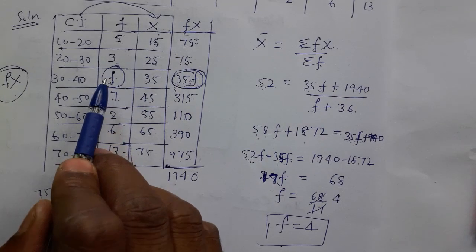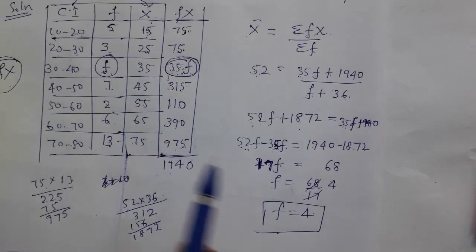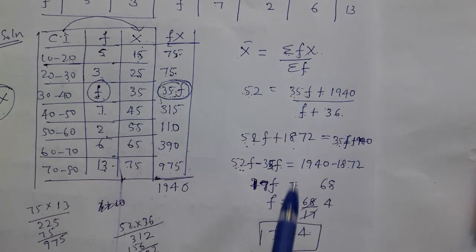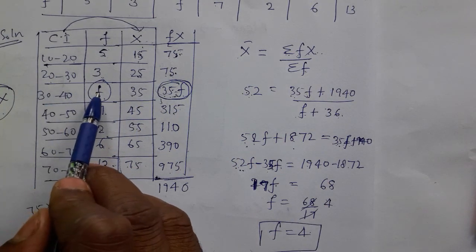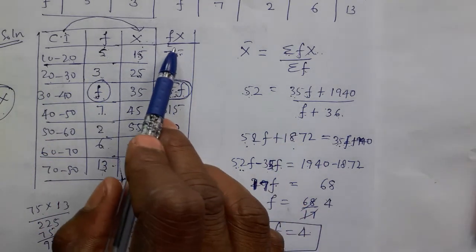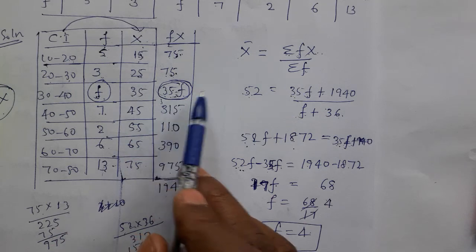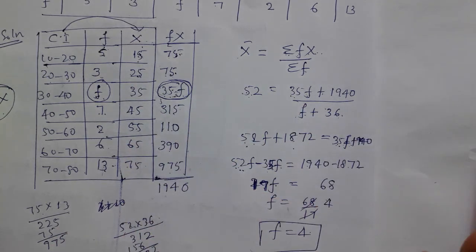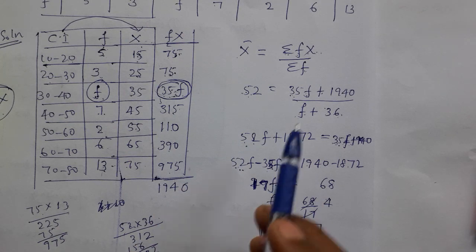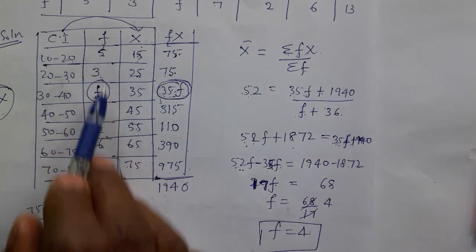The question was, this frequency was unknown, actually that frequency is equal to 4. So the normal method we follow in finding the mean, the same method we are following here also, but this f we keep the same. So we add all the f with f separate. We add all the fx with this 35f separate. So we follow the usual method only. So we don't feel this problem is different from the others. Only the thing to be understood while adding fx and f is to be very careful.